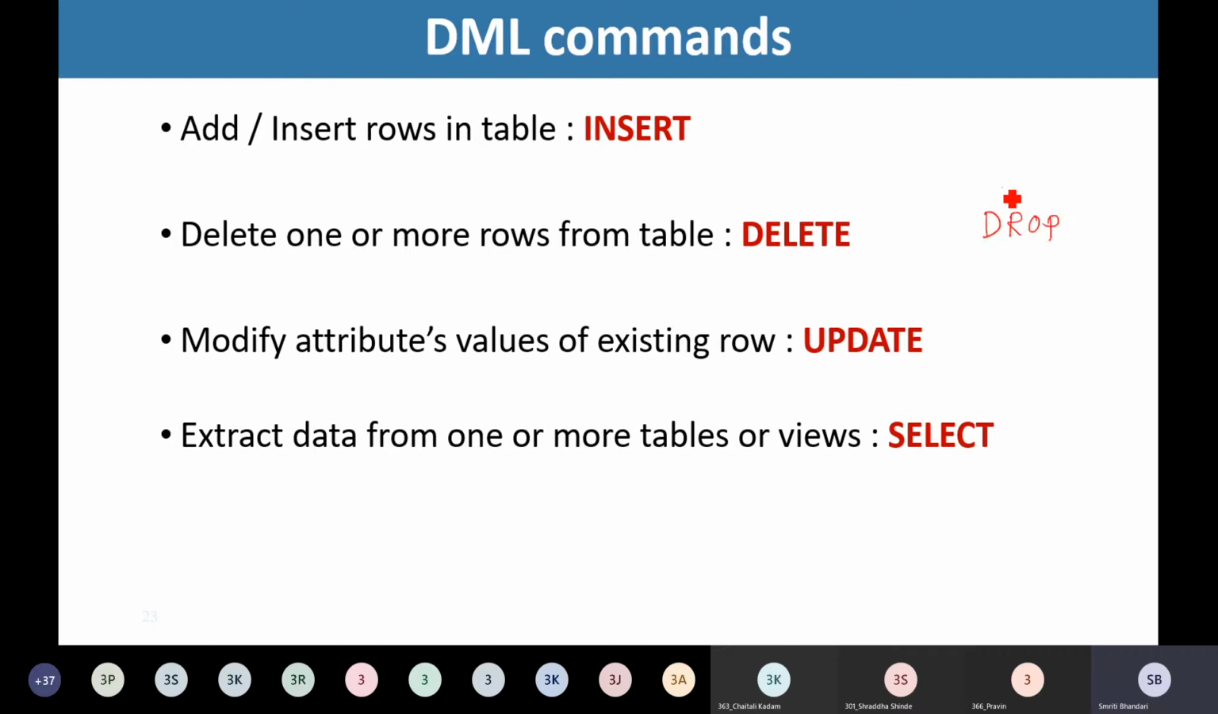Drop or drop table is the DDL statement, whereas delete is the DML statement. So what is the difference? Whenever we use the drop table command, what happens? The entire table gets removed from our database system. Whereas if we want to delete particular records, particular tuples from our table, then we need to make use of